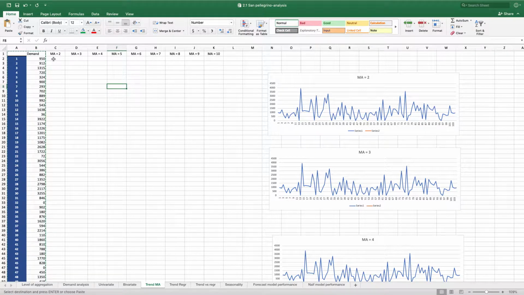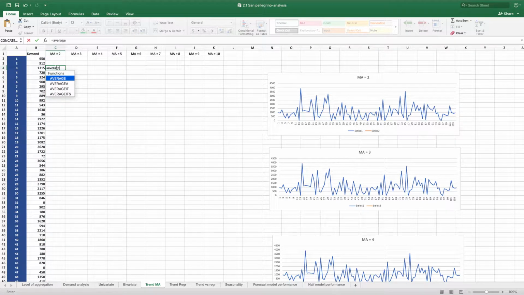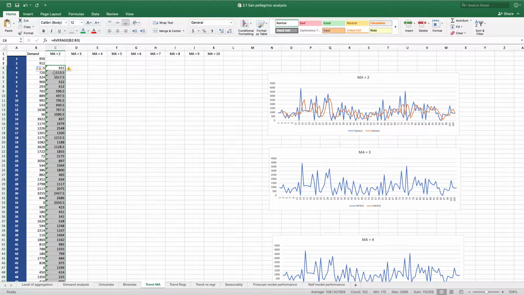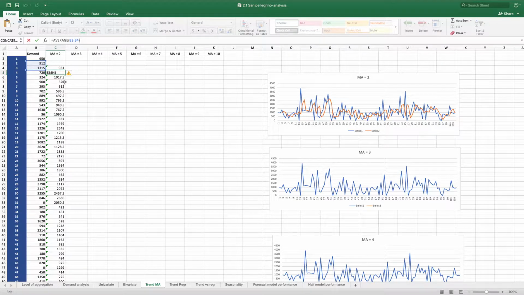But in Excel, if you choose a step k equals 2, it means that you start from period 3, and in period 3 your moving average will be the average between the values of period 1 and 2. Once you have done that, you just scroll down,